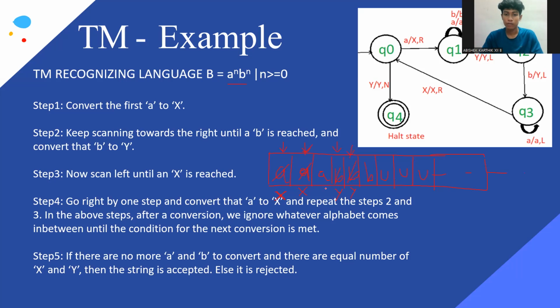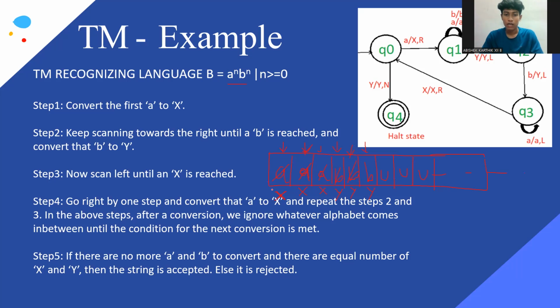We go left. We keep scanning left. We encounter the A. We might make this into an X, and then we keep going right. We find a B. We make this into a Y, and then we keep going left. Now we don't find any A's. We keep scanning left. We ignore all Y's and X's, and we reach the left